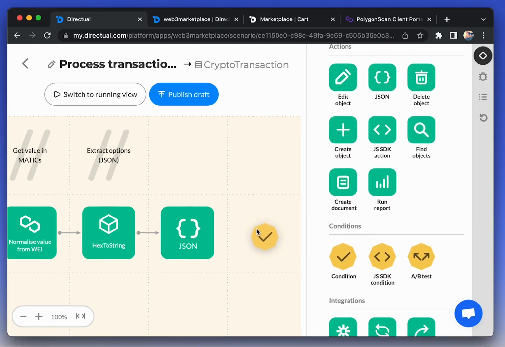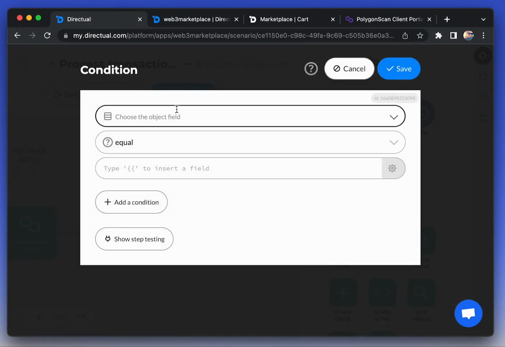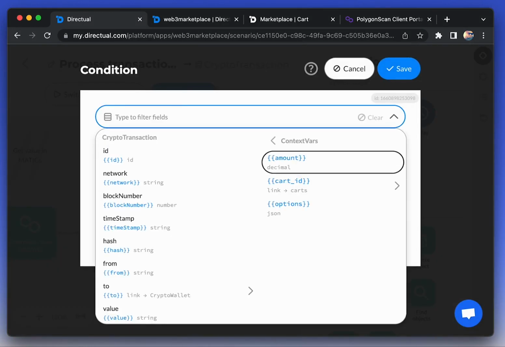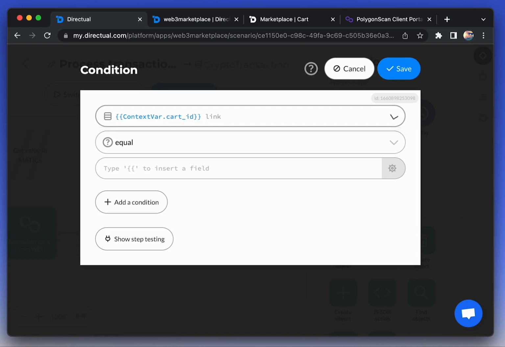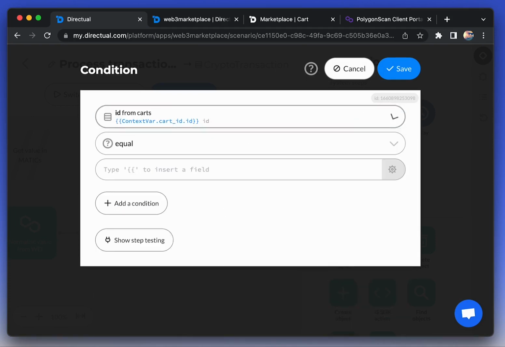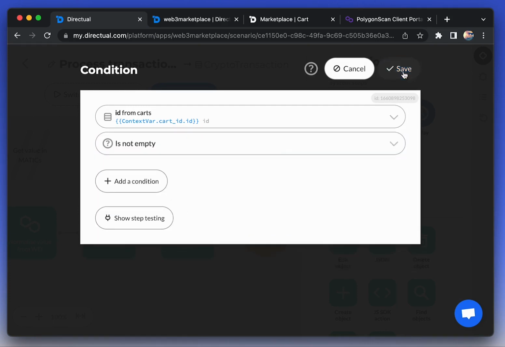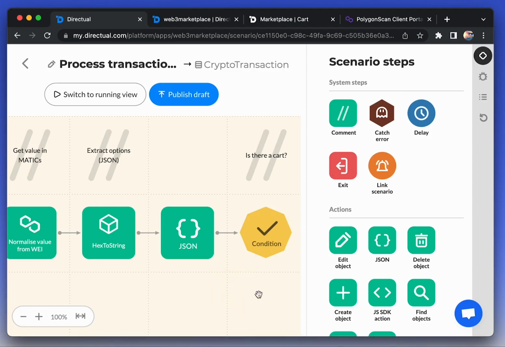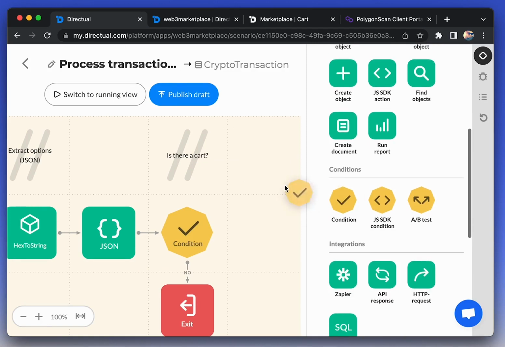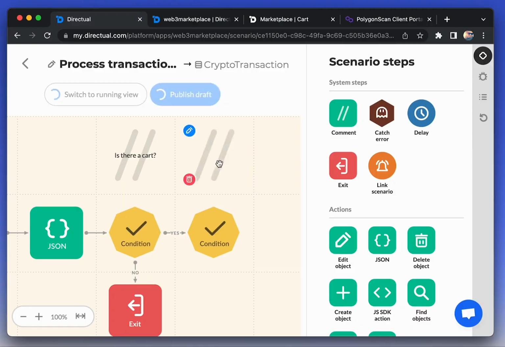Now we should add checks. For example, that this cart actually exists. Select a link, click on it, then select the ID field. If it's not empty, then that object exists. If there is no such object, the scenario stops. Ideally, we need to make an alert for the admin, because if there's no cart, then we have an incomprehensible